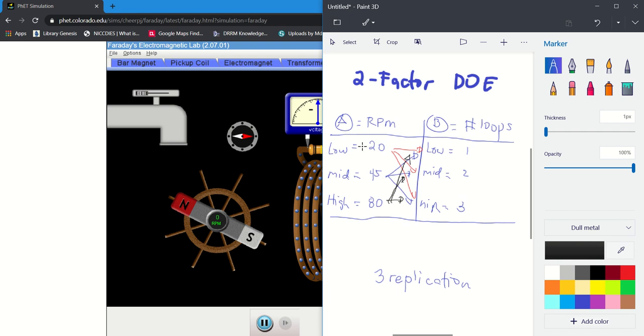So, ibig sabihin, low versus high is 3. So, ibig sabihin, tatlong beses natin gagawin yan low to high. Tatlong beses din natin gagawin ang low to mid. Tatlong beses din ang low to low. And so on and so forth. So, imagine if you're going to have 3 factors levels. So, 3, 6, 9. So, 9 times